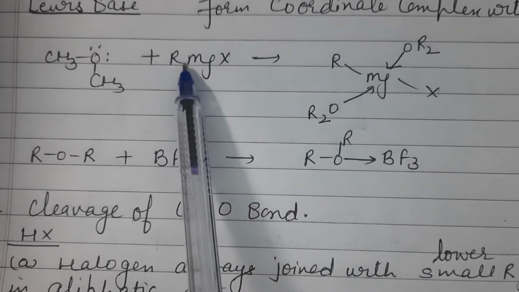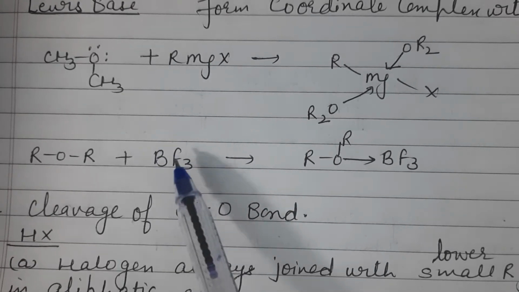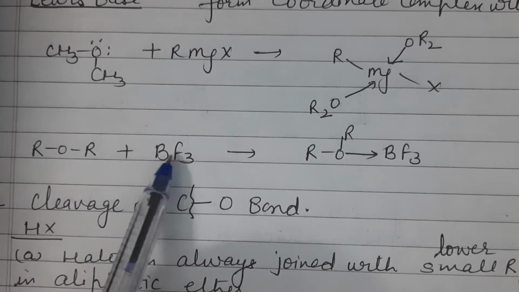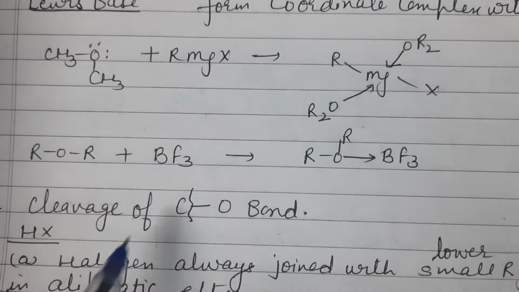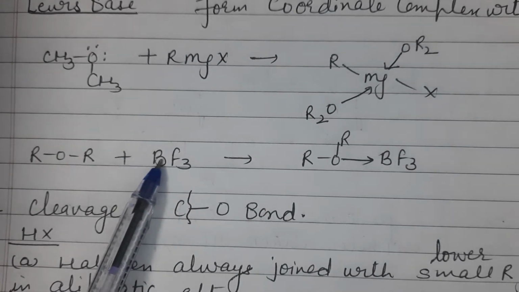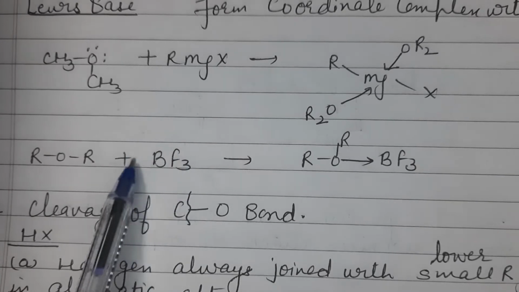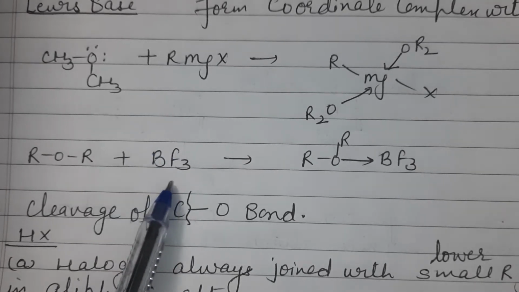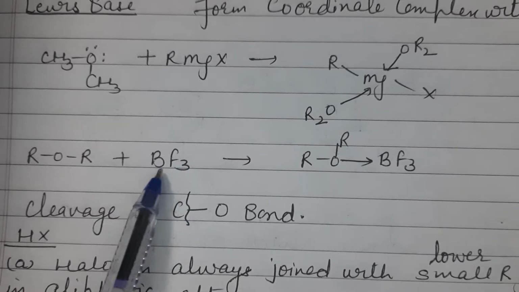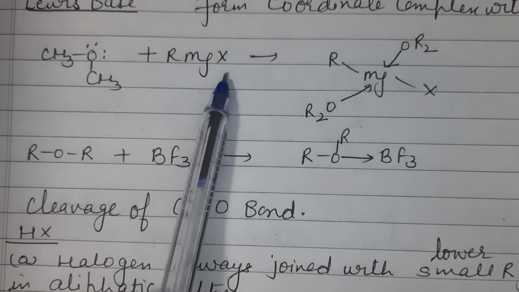See here, it is a Grignard reagent, that is called RMgX, and boron trifluoride. It is an electron deficient species because here boron forms 3 bonds, so its outermost shell after forming bonds has 6 electrons, but according to the octet rule how many should there be? 8 should be there. So it has a deficiency of electrons, so it acts as a Lewis acid, an electron deficient species. It also acts as an electron deficient species.